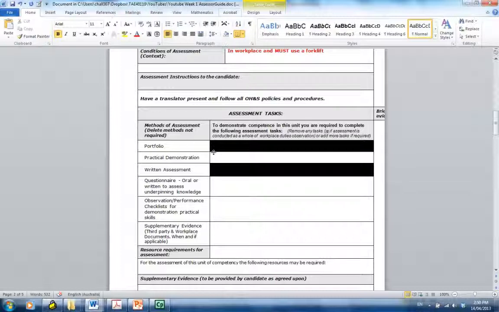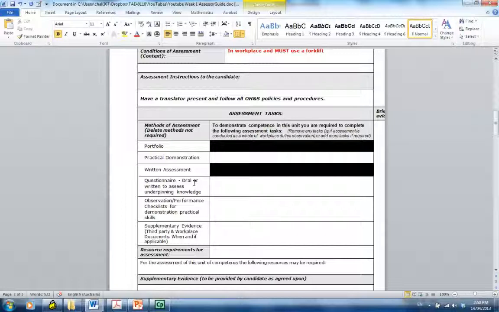And so what have we got? A practical demonstration. The fact that we're observing is an extremely strong piece of evidence. You need at least one direct or indirect type of evidence, and then you can have some supplementary evidence like questionnaires as a strong form of checking his knowledge.